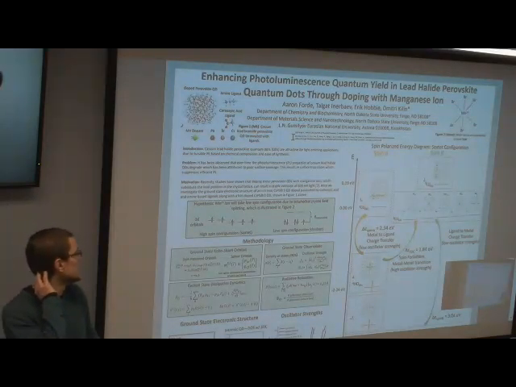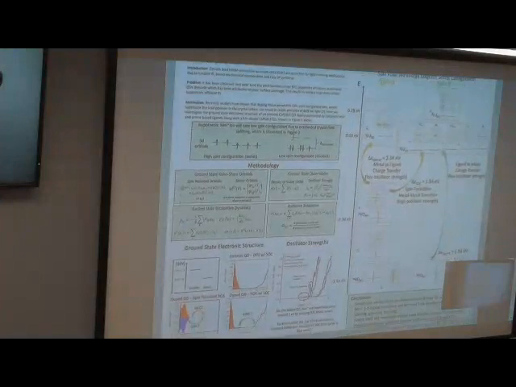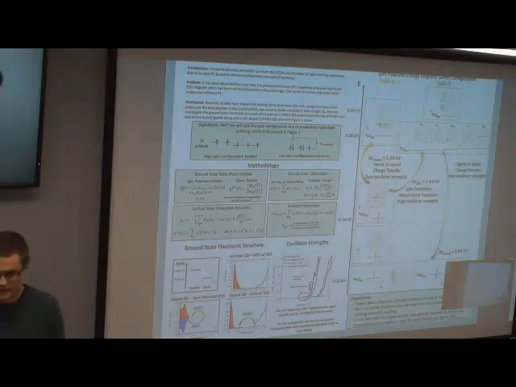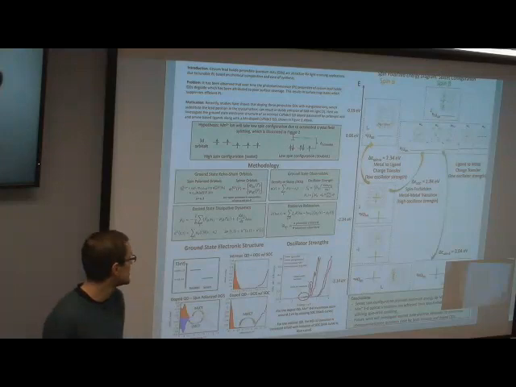So the implication of that is, if you're in a high spin configuration, to get an optical transition between the manganese quantum dots, you have to have a spin flip occurring, which is usually forbidden under absorption selection rules. But in this case, the manganese ion has a small amount of spin orbit coupling, so there's a small probability of a spin flip transition occurring due to mixing the spin states.